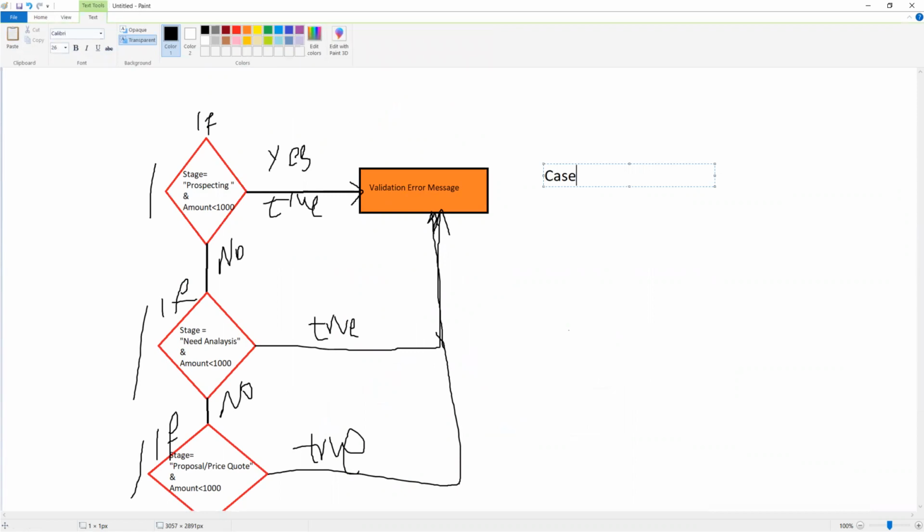I have a common point here: stage name equal to prospecting, stage name equal to need analysis, stage name equal to proposal or price quote. Stage name is common here. Every time I'm checking the stage name. Now this is the field. In the stage name, what are the things that I'm checking? One is I'm checking the prospecting,